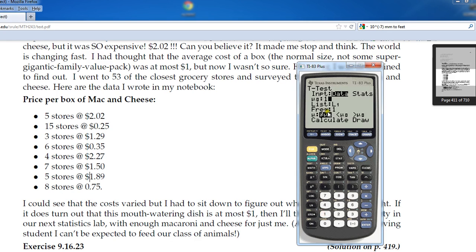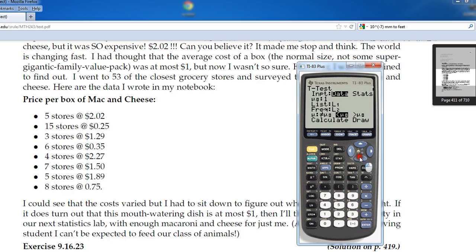The student's claim was that it was no more than $1, so it might be less. We're going to come on down here and change it to less. We have to make sure we indicate our frequency is L2 and our data list is L1. And we're going to go ahead and draw the results of our experiment. There they are. On average, their claim doesn't make any sense because the average of all that stuff is actually above $1, which is indicated by this p-value right here, the p-value being more than 0.5. Let me make this a little bit cleaner. Let me turn off the box plot and the histogram real quick and rerun that test for you.